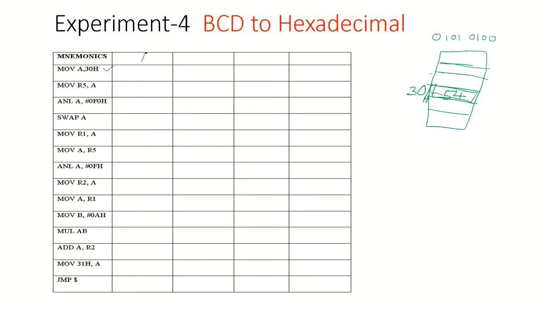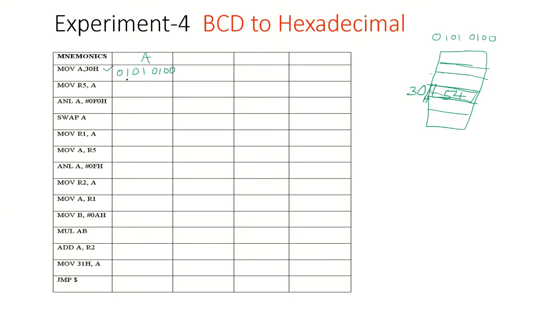After execution of this instruction, MOV A, 30h, what will be the content of the accumulator? It will be the content of the 30h location. Where is location 30? In the memory, this is the address 30, and inside that is 54, right? So that 54 will come here. I'll write this in binary: 0, 1, 0, 1, 0, 1, 0, 0.